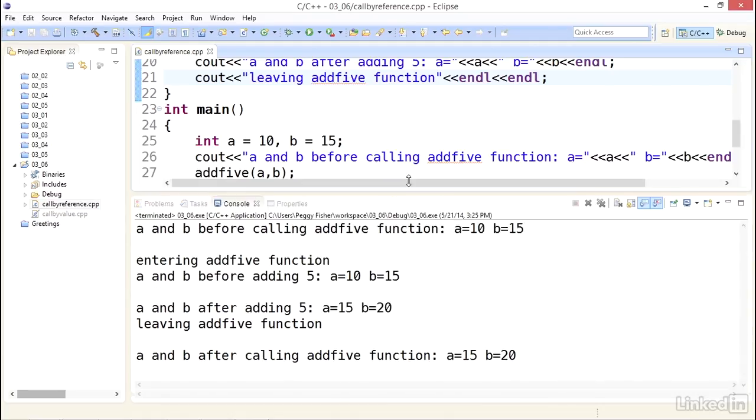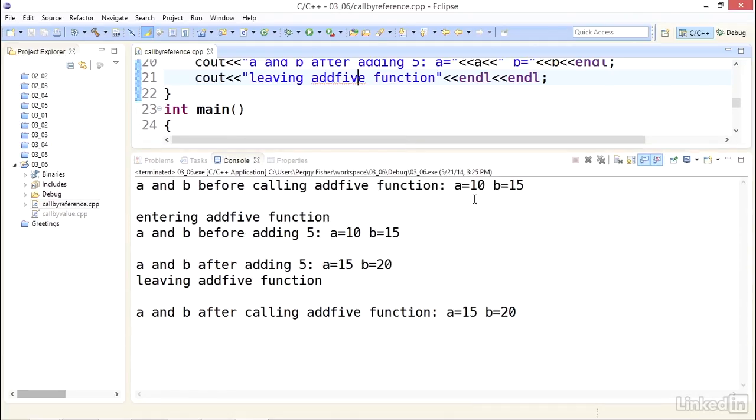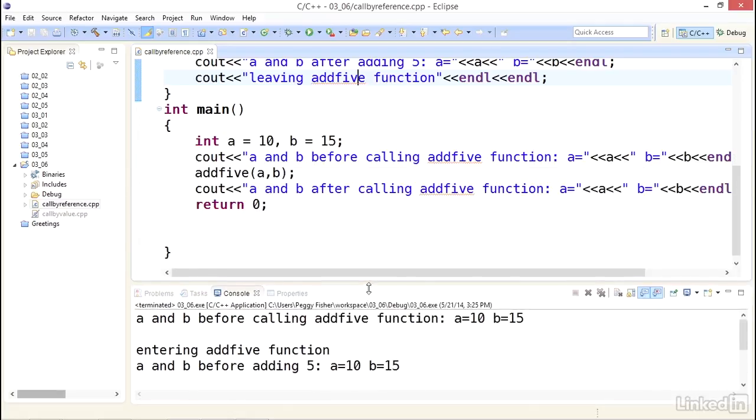Okay, now the difference here, let's take a look. A is 10, B is 15. We add 5 inside the function and get 15 and 20. What's different here is that A and B, after calling the add5 function, now have the new values of 15 and 20. That is because the function and the main shared the variables, because that ampersand made those variables